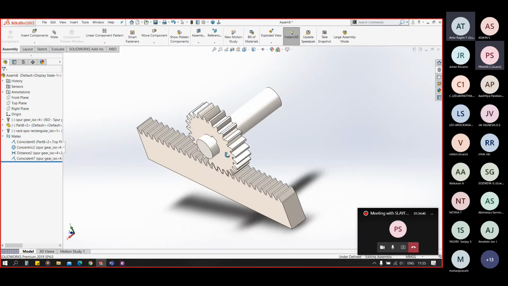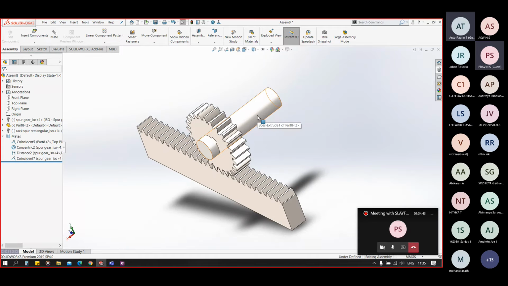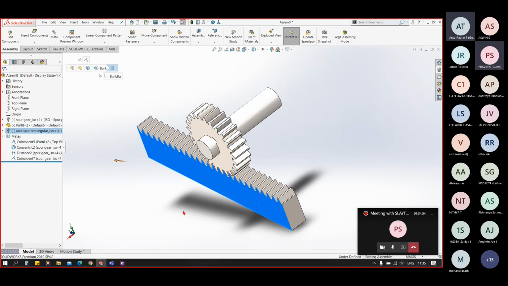In this case, the rack will not be moving, the pinion will be moving. So we don't want to fix our shaft, we just will fix our rack.